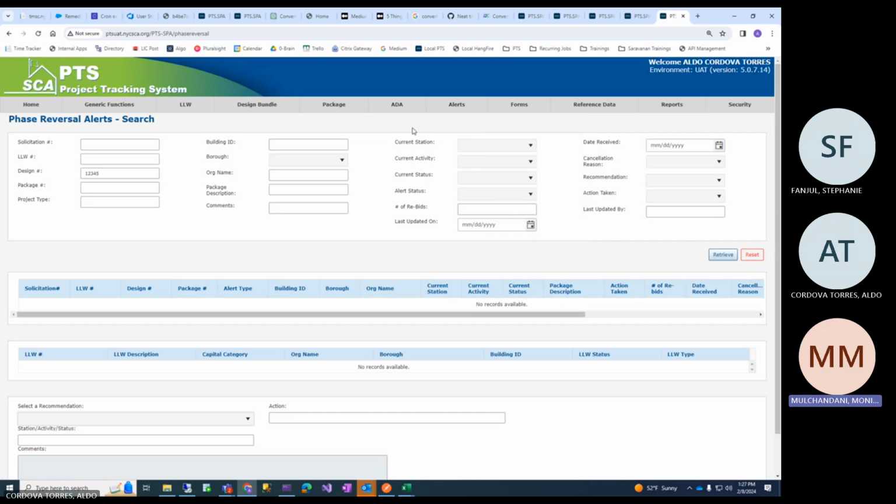But the search form basically consolidates all form types and brings them up. Like if you plug in a design bundle number, there could be a staff request form created for that design bundle, there could be a master contact form. So it'll bring up different kinds of forms together based on the project. So ideally, the forms first option, the search, is used for retrieving all the forms for a project.